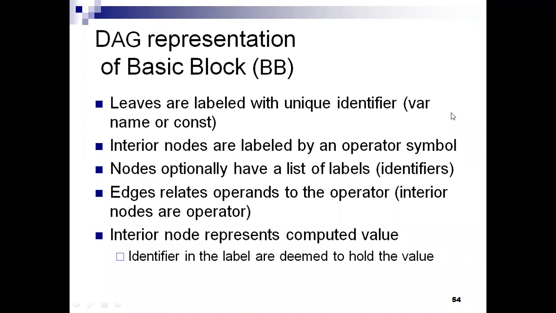Without knowing how to represent the DAG, it results in failure. So initially we need to know that a DAG can be constructed for the following type of labels on the nodes. What does that mean? Leaf nodes are labeled by identifiers, variable names, or constants. Generally, leaves represent the R values, and interior nodes store the operator values.